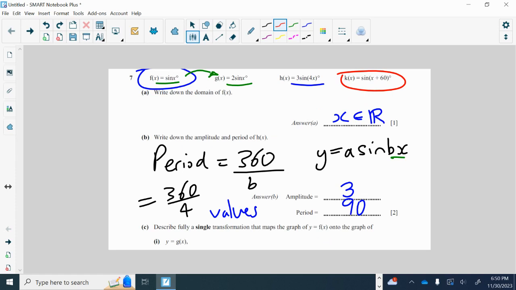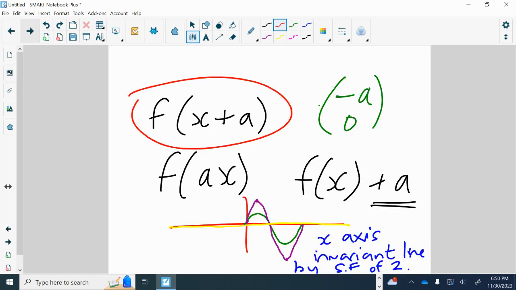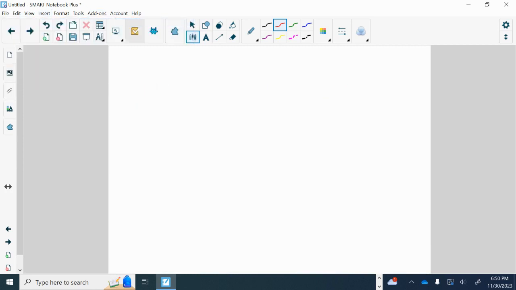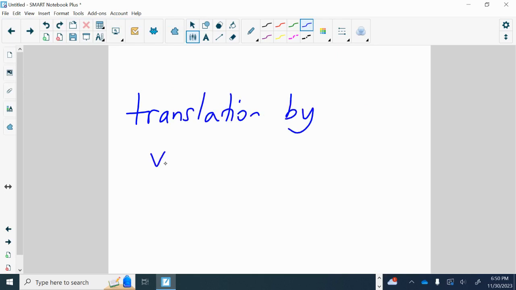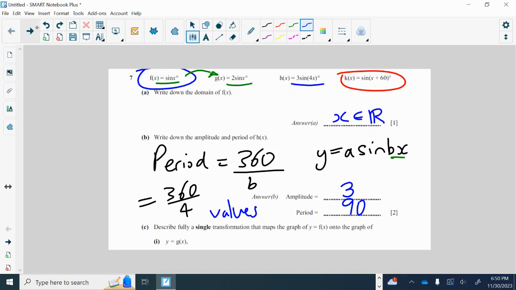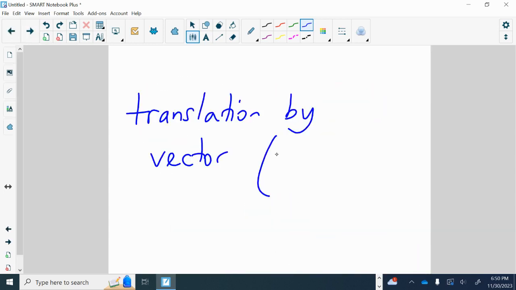So it is a translation, a shift. And if you want to secure the marks 100%, describe it by vector. I can't remember which way around it was, sorry. Plus 60, so it's going to go the other way, right? It affects x, so it's minus 60, 0. So translation by